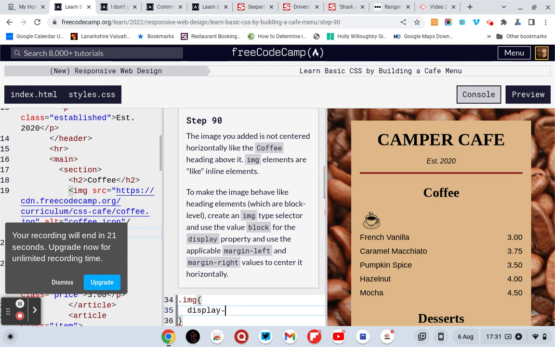Oh. No, it's not display block. I don't think so anyway. It's margin left colon